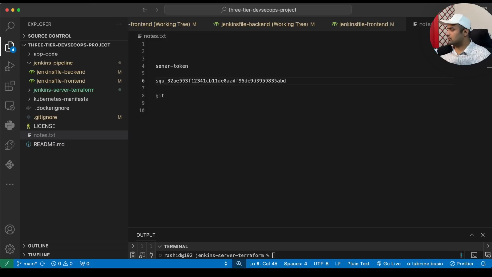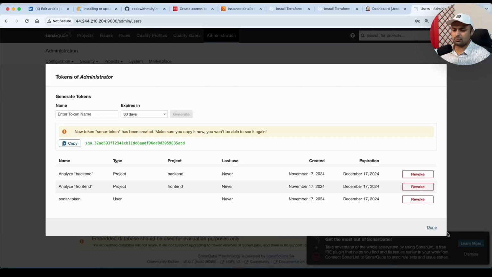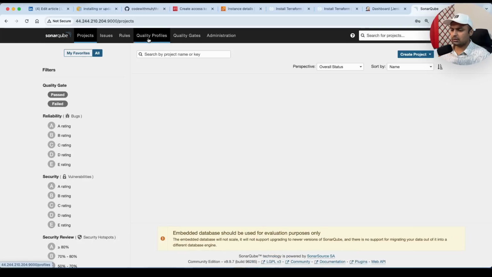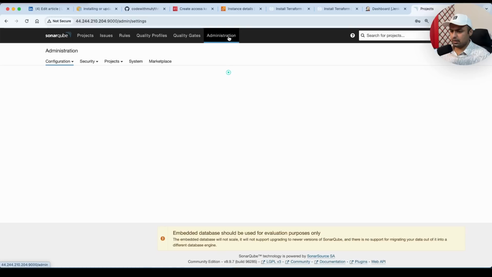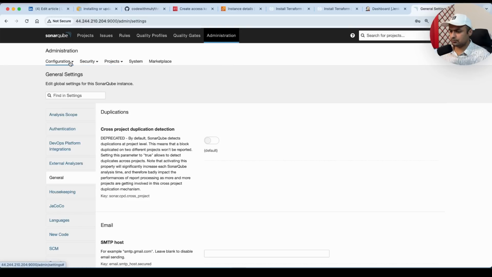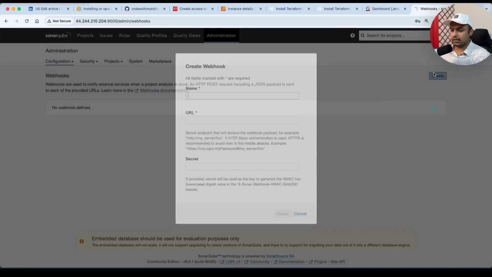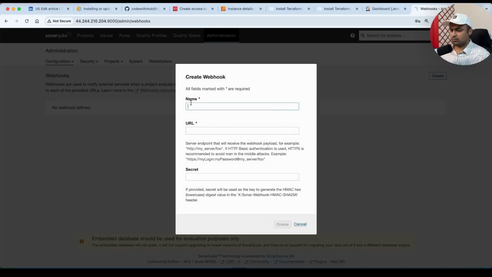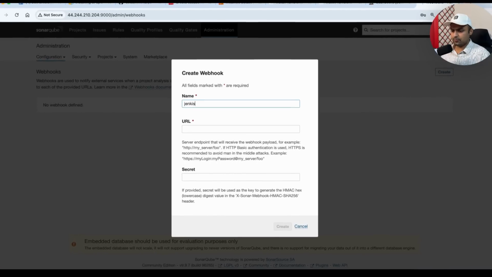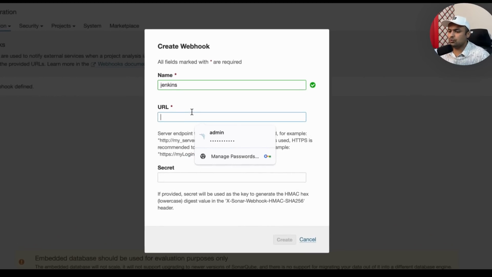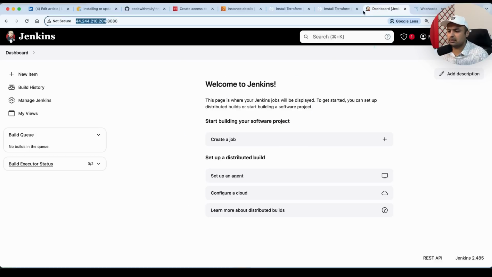Okay, next we have to create a webhook on SonarQube as well. Just go to the dashboard, click on Administration. In the Configuration, click Webhooks, create a webhook. You have to give the name Jenkins, and in the URL you have to first paste the Jenkins URL, this one,